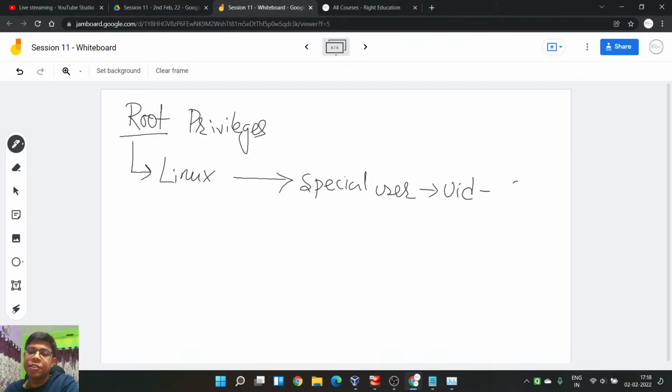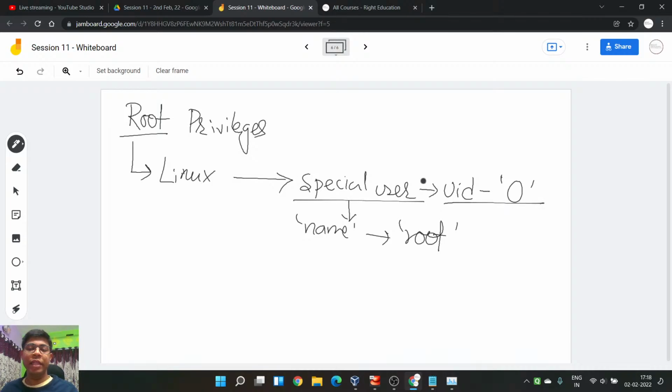That UID is 0. This is the special UID. And normally in a Linux operating system, we give a name to this special user, and that name is known as root. Root is the name.